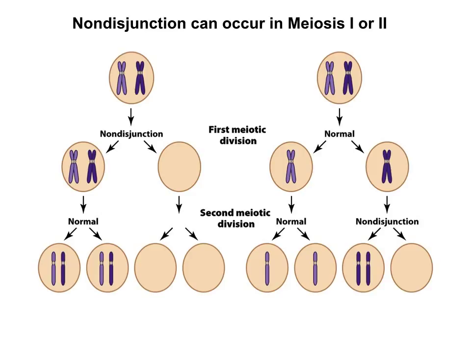Okay, so in meiosis 2, say you go through meiosis 1 in a normal sense, right? And then non-disjunction happens here in meiosis 2. What you see is that here you have that overrepresentation, underrepresentation. This would be Down syndrome, this wouldn't. But this one can go through the normal division still, right? And so if you had to choose between one or the other, you'd probably choose meiosis 2 to have the non-disjunction, because you're still going to have some gametes here that are normal gametes, whereas if the non-disjunction happens in meiosis 1, you're not going to have any gametes that are in very good shape.